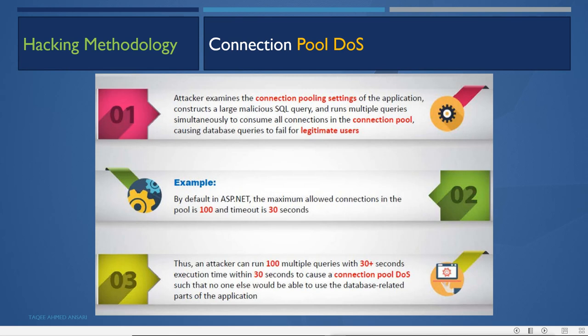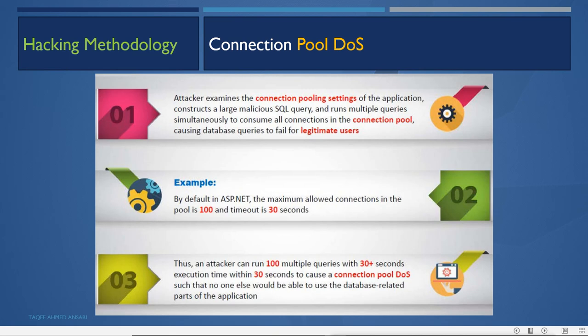For example, by default in ASP.NET, the maximum allowed connections in the pool is 100 and the timeout is 30 seconds. So the attacker can run 100 multiple queries with 30-plus seconds execution time within 30 seconds to cause a connection pool denial of service, such that no one else would be able to use the database-related parts of the application.